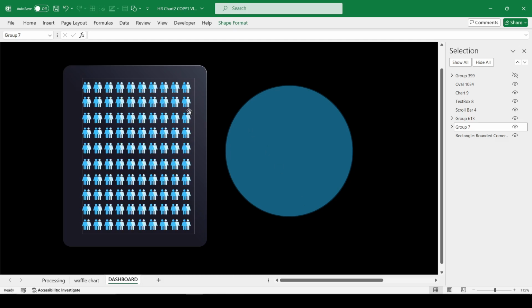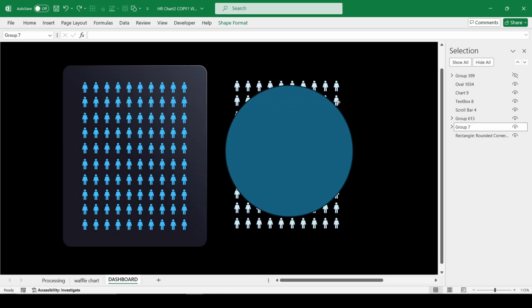Copy the group again, but with a different color, and repeat the same steps to create another oval from text box objects.